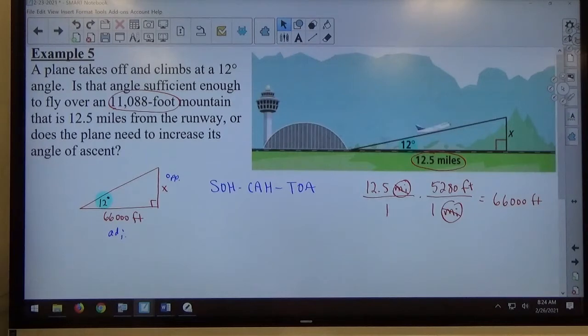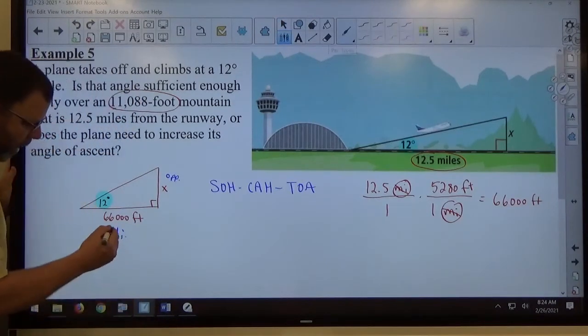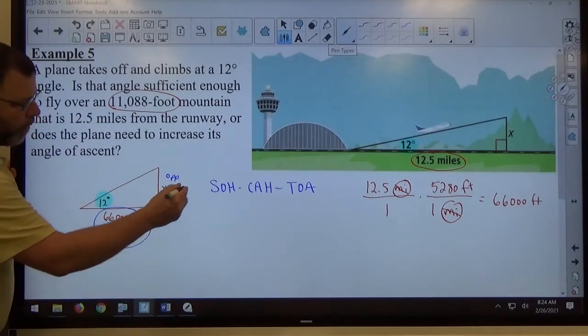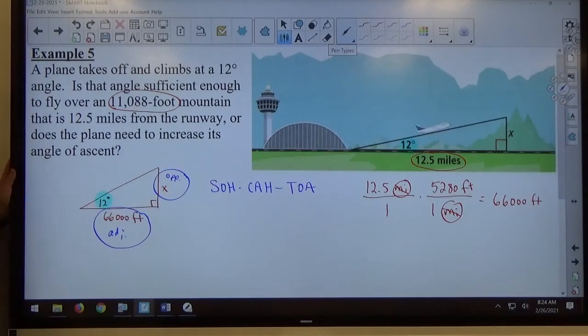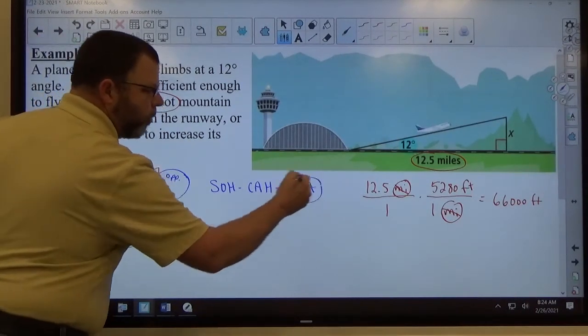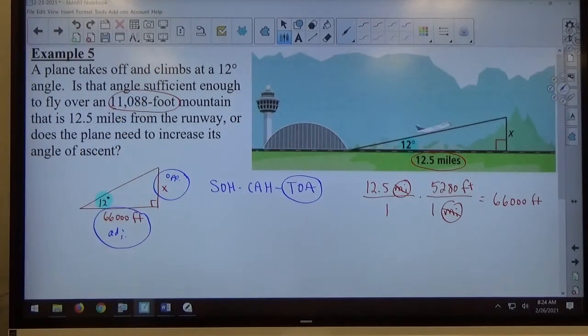to know? All right? So, what do I know? I know the adjacent. What do I want to know? I want to know the opposite. So if I want to know the opposite and I do know the adjacent, the trig ratio involving those two pieces is tangent. That's how you determine which one you want to use. What do I know? What do I want to know? All right? So once I